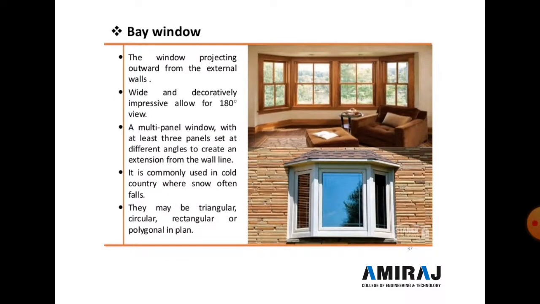Now the next type of window is a bay window. The window projects outward from the external wall, is wide and decorative, and allows a 180-degree view. It is a multi-panel window with at least three panels set at different angles to create an extension from the wall line. It is commonly used in cold countries where snow often falls, and it may be triangular, circular or rectangular,